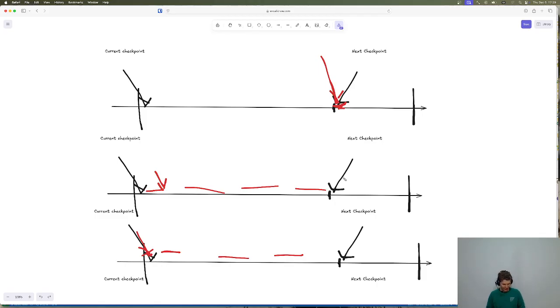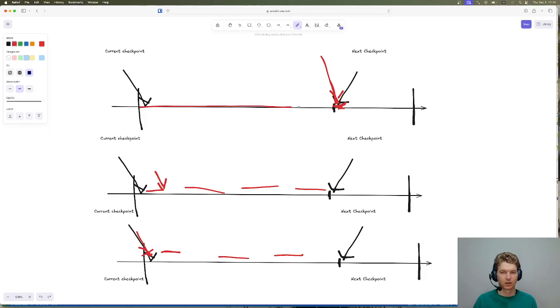So that means that we need to be slightly more conservative. It could be the case that we are past the checkpoint, so we are somewhere here, but we still have to maintain some of the prepares from the previous checkpoint. And specifically, the invariant here is that,